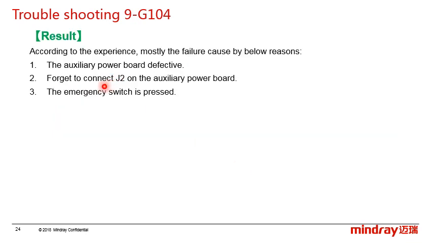About this error, according to experience, mostly this failure is caused by the following reasons. First, the auxiliary power board is defective. Just replace this board directly. And the second one is the engineer forgot to connect the J2 on the auxiliary power board. And the last one is the emergency switch is placed on the system